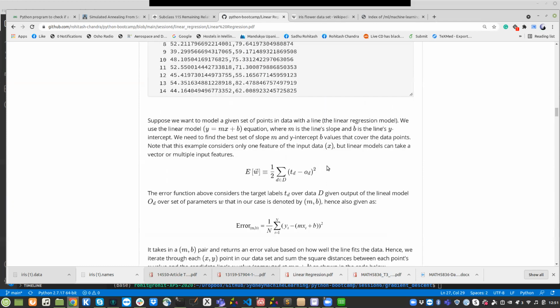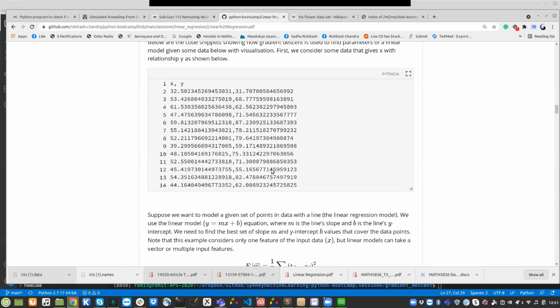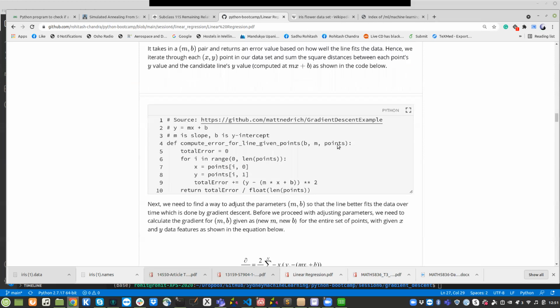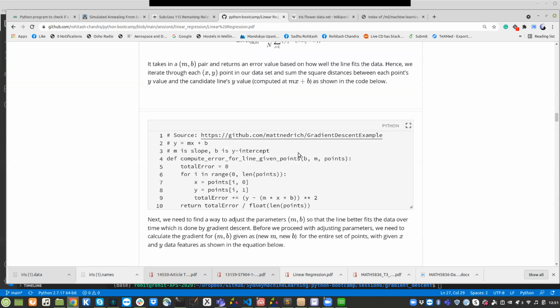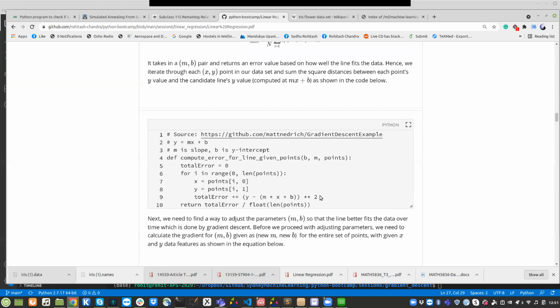Let's say you read the data and called it points, and then you pass initial values for b and m to this function, and this function goes to your data and takes a value x, y for every point in the data. That means it starts from here, it takes this value out and this value out, right? And then it computes the total error,